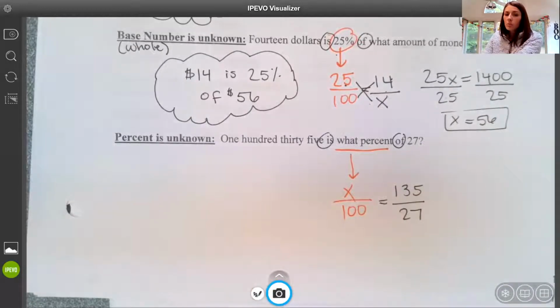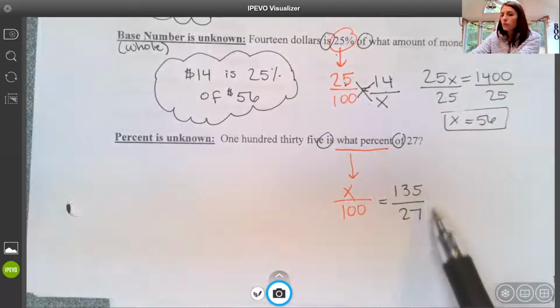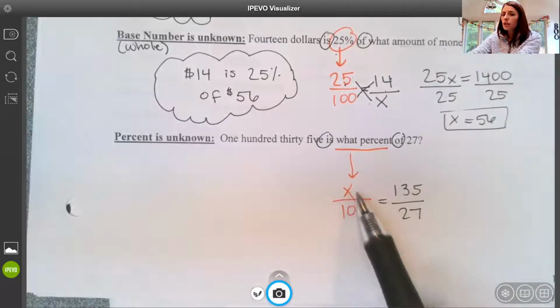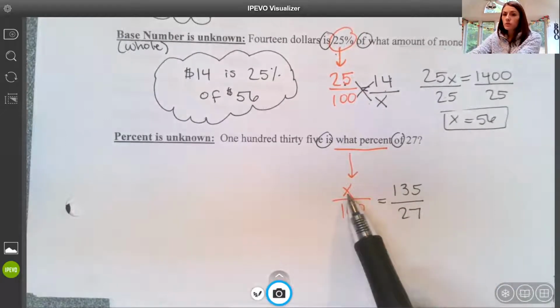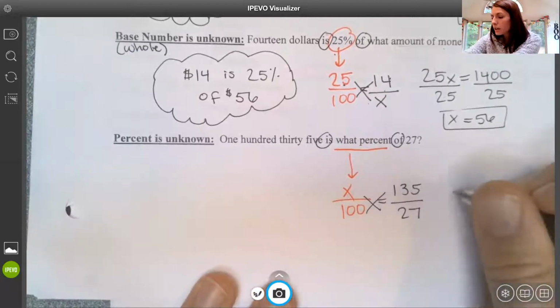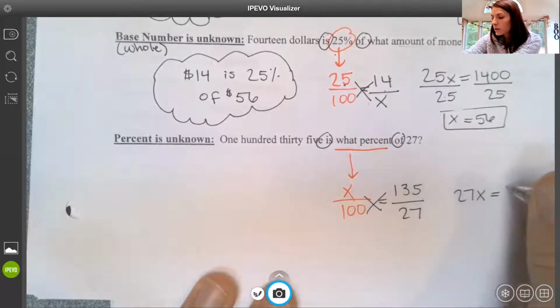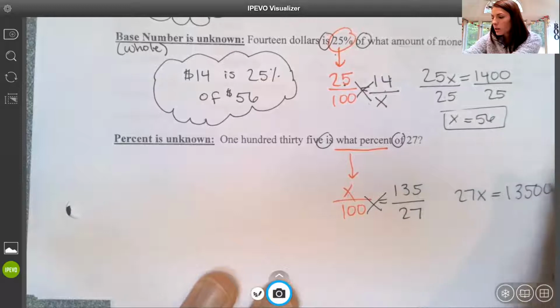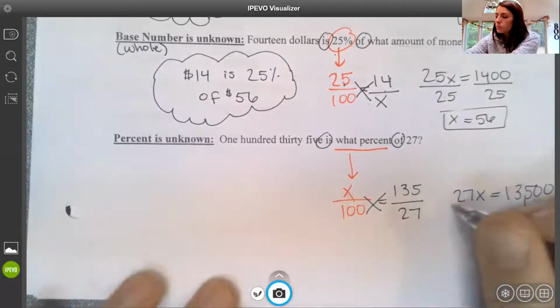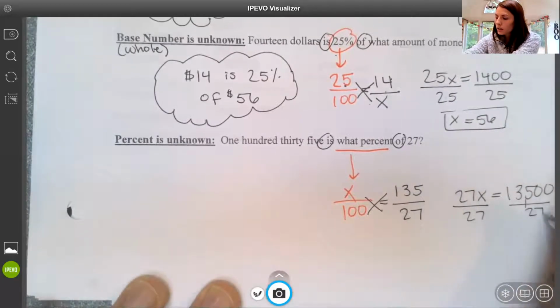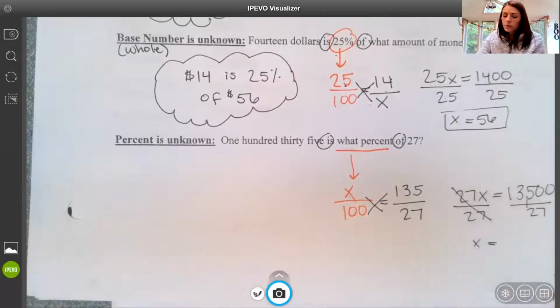Okay, there's my setup. Now notice 135 is bigger than 27, so this percent is going to be more than 100. Okay. Cross multiplying gives me 27x equals 13,500, and dividing by 27, x is going to equal